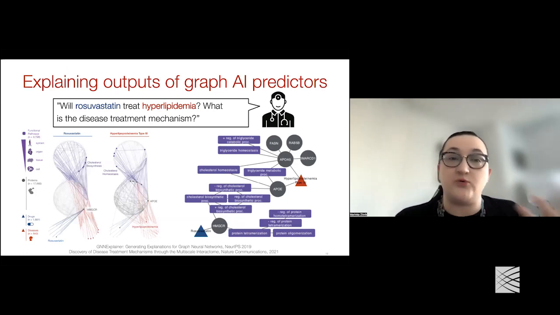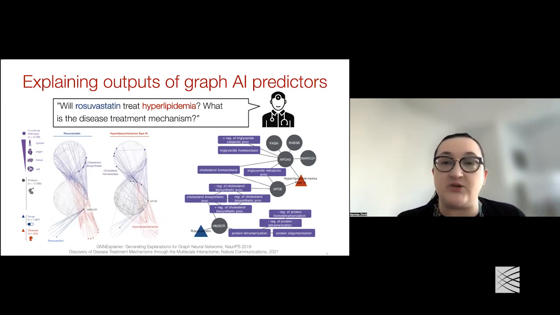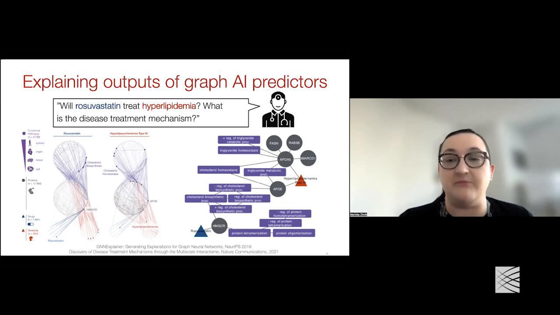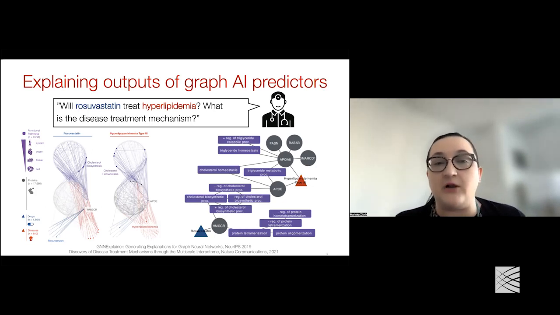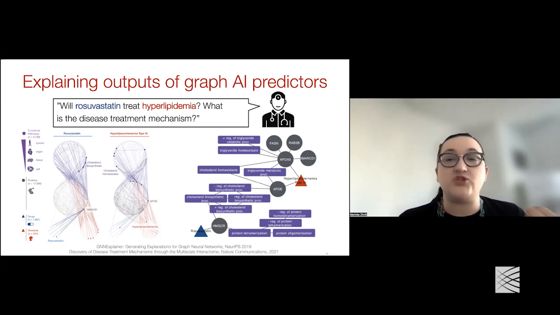There are ways for those representations to be explained, which is a really important point, as they are embeddings and representations automatically derived by algorithms, and as such they often are perceived as black boxes that are very hard to interpret meaningfully. But with recent algorithms in explainable AI, such as GNN explainers and others, it's really possible for